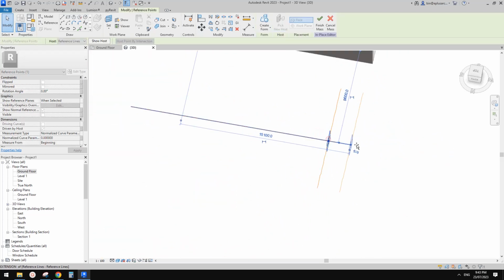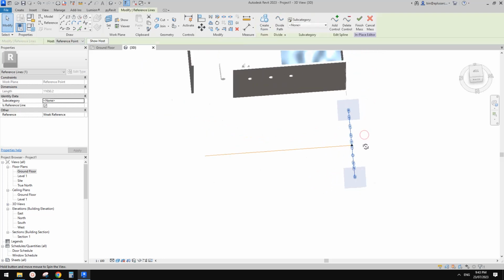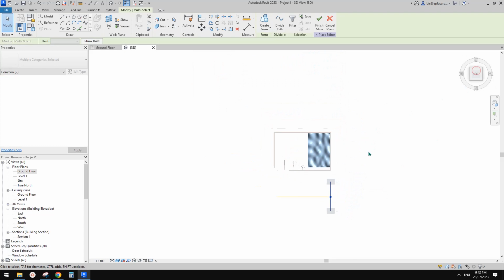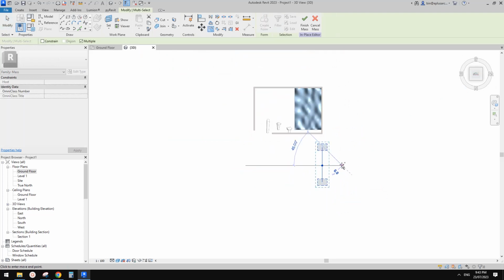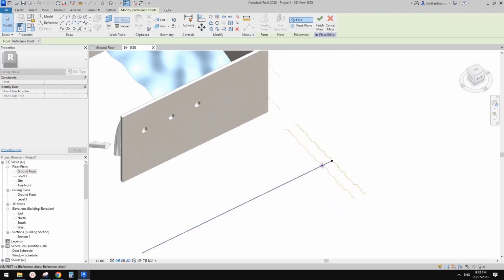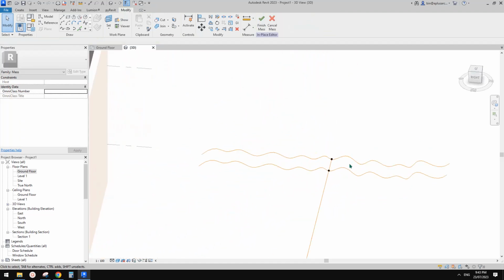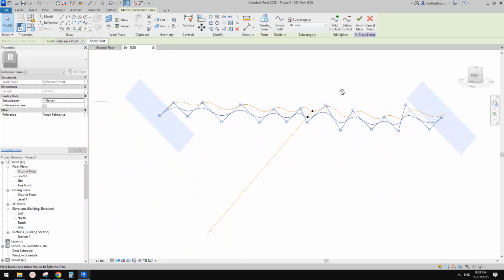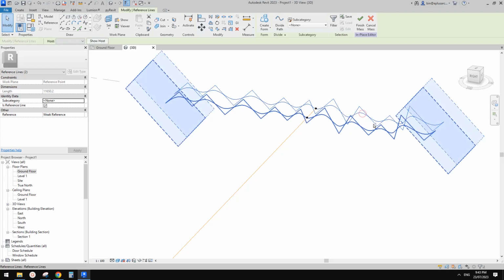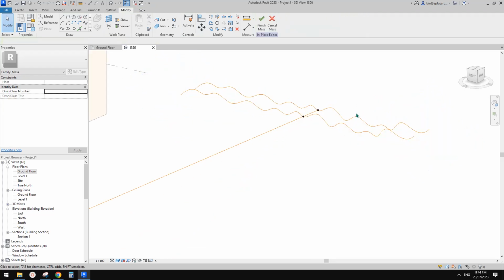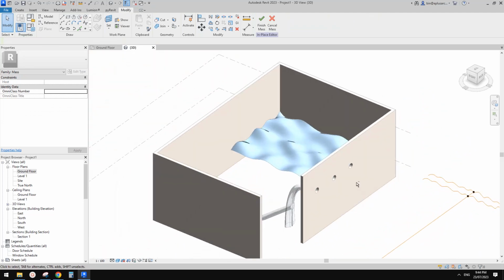So if I just drag this here, this is one of the profiles. And then we just need to copy this one. So CC, and then we just need to pick new host. Let me just, and that's it. So I think here the difference is we can't select these points. I think it's easier to